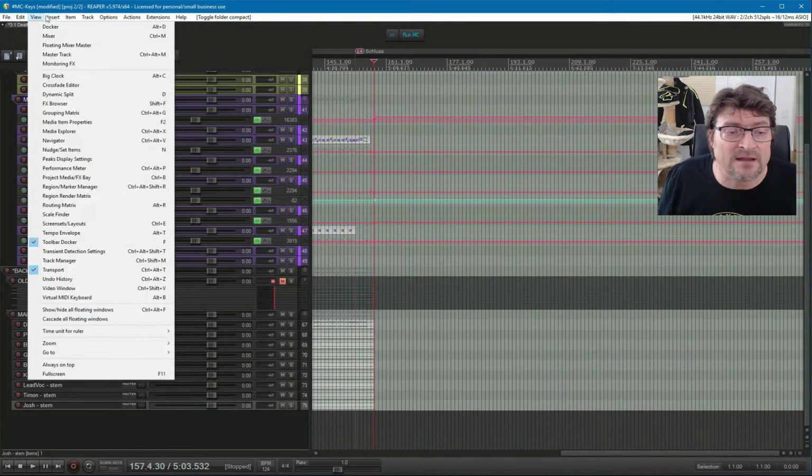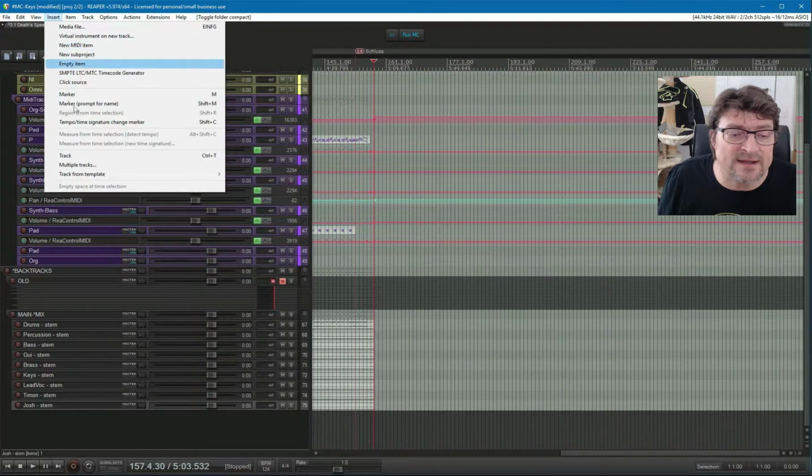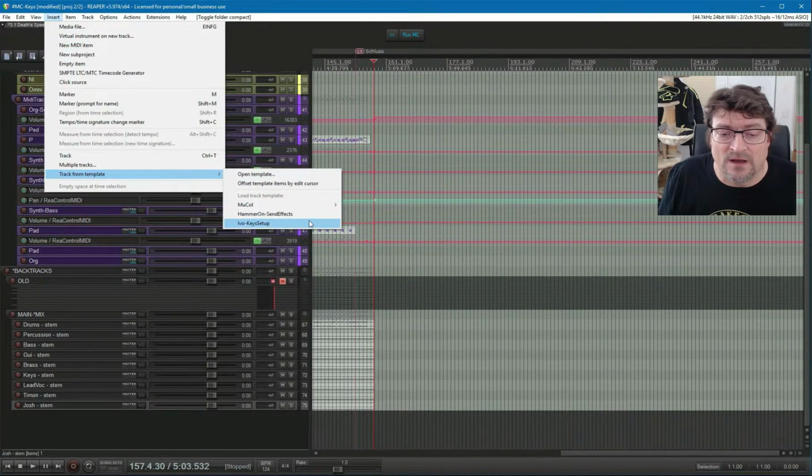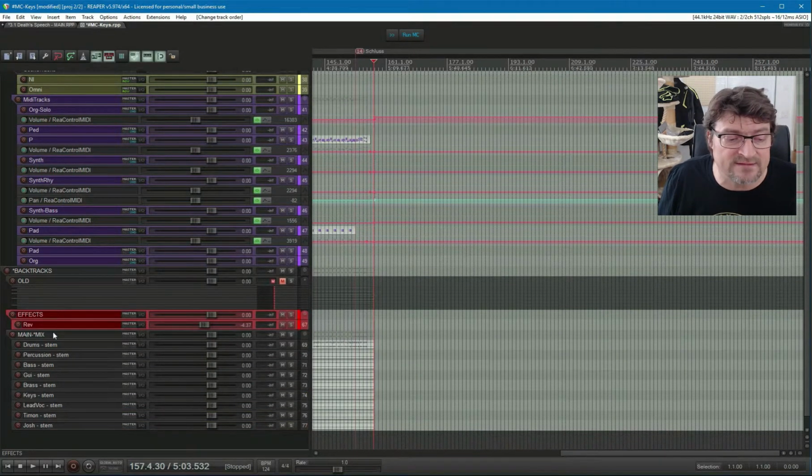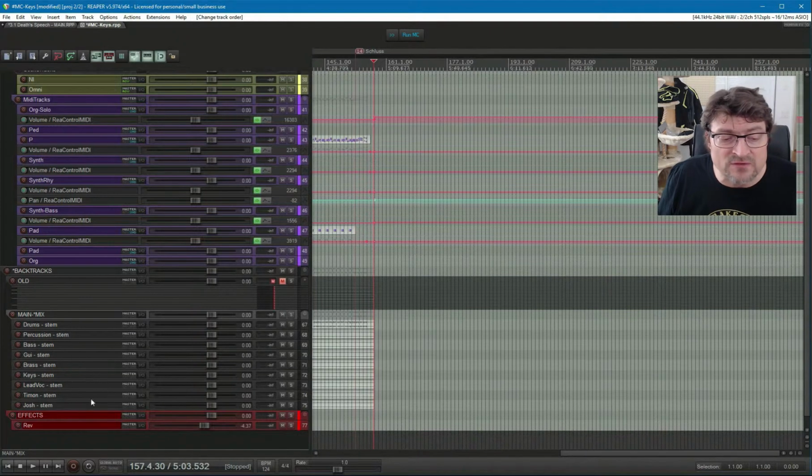I have a little track template which I could use. Reverb tracks, here we go. Let me move it underneath the backtracks like this. So it's now all in here, and now what we need to do is we need to send